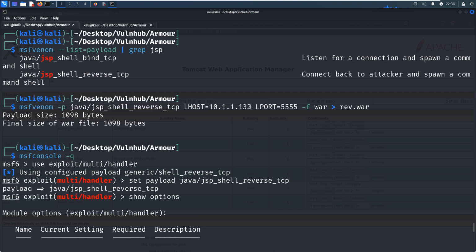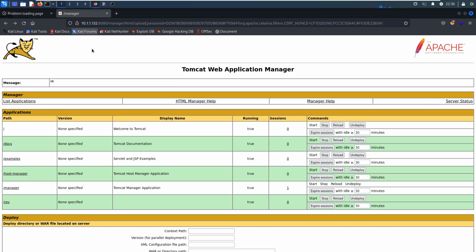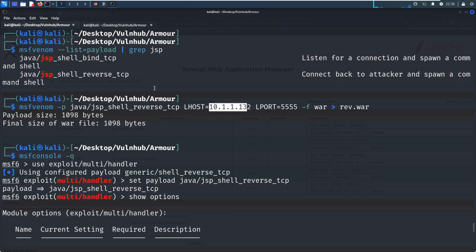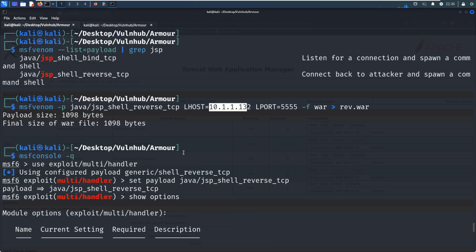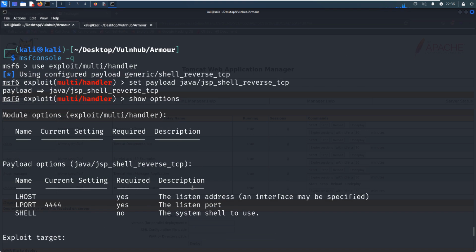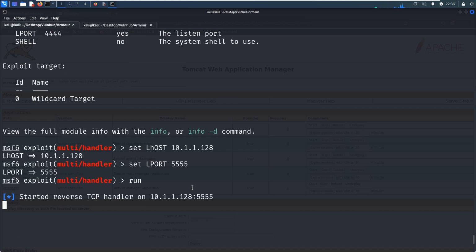Sorry, I think I made a mistake. You know, the local host is not this one, my bad. So maybe we can remove, or undeploy. Okay. Terrible. But I think the handler is correct.